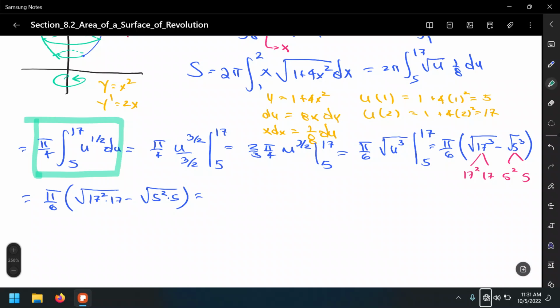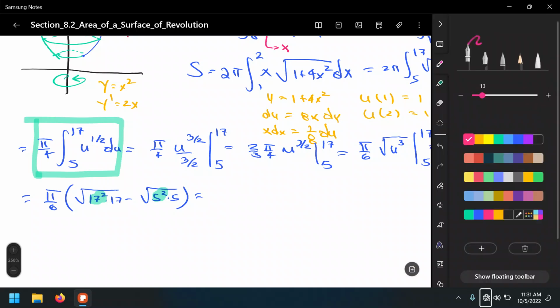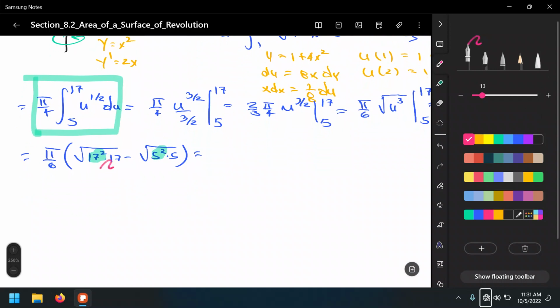And well, let me highlight the perfect squares. So technically, what are we doing here in the next step? In this step, we're using the product rule for radicals, because here notice we have a product of two factors, that is the square root of 17 squared times the square root of 17. And well, what's the square root of 17 squared? 17 root of 17,